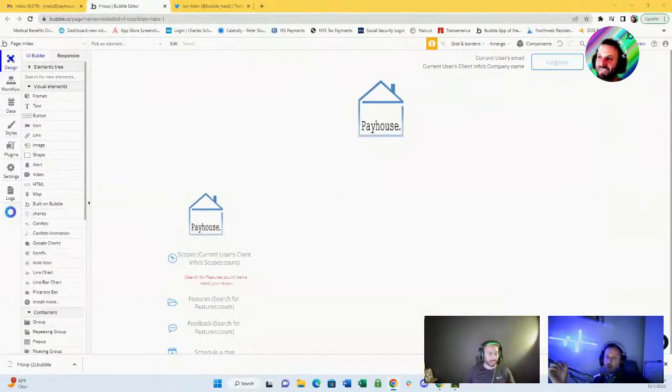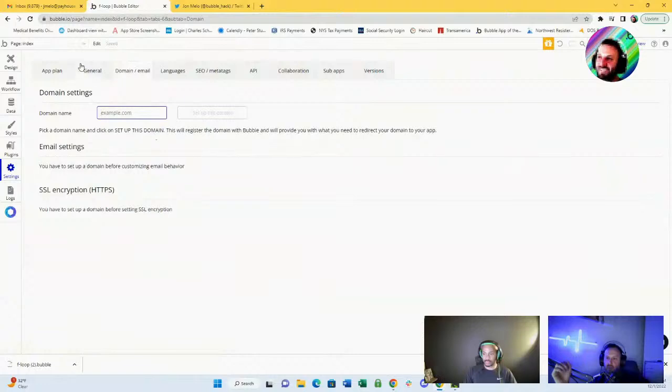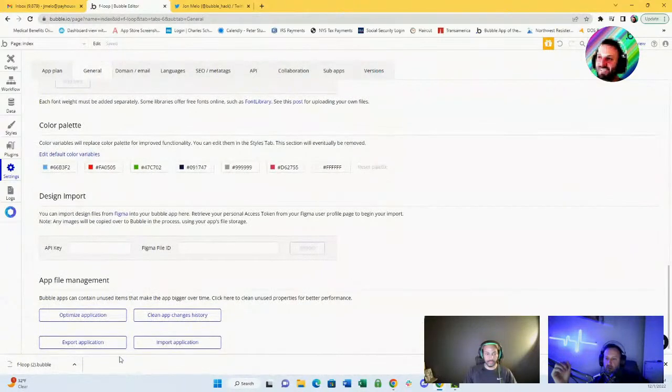Yep. All right, cool. So when we talk about the JSON export, we're in settings. And I do think you need to be on a paid plan in order to do this, so I want to call that out. This one's on a personal plan. General, right? Yep, right there. So export, and then you import. I was actually playing around with this a little bit earlier today. So if we export the application,